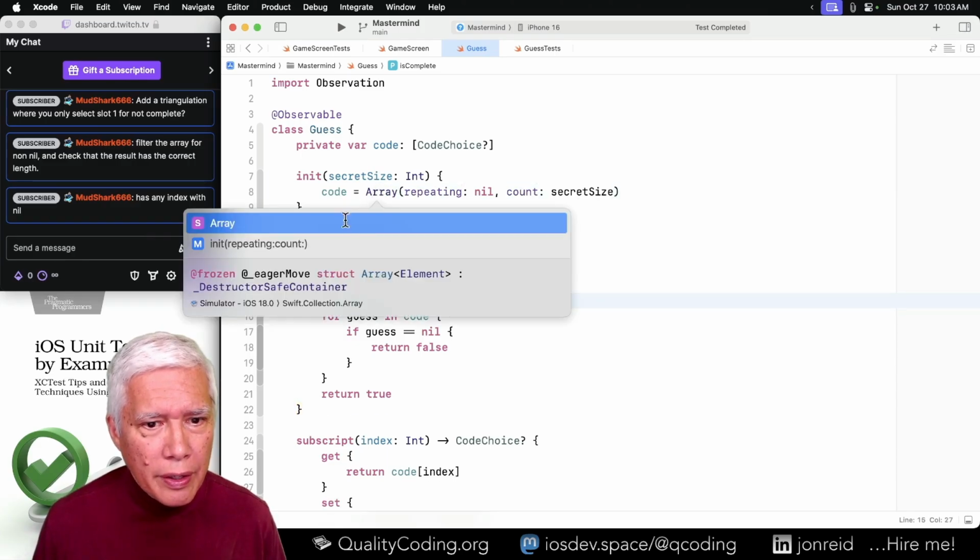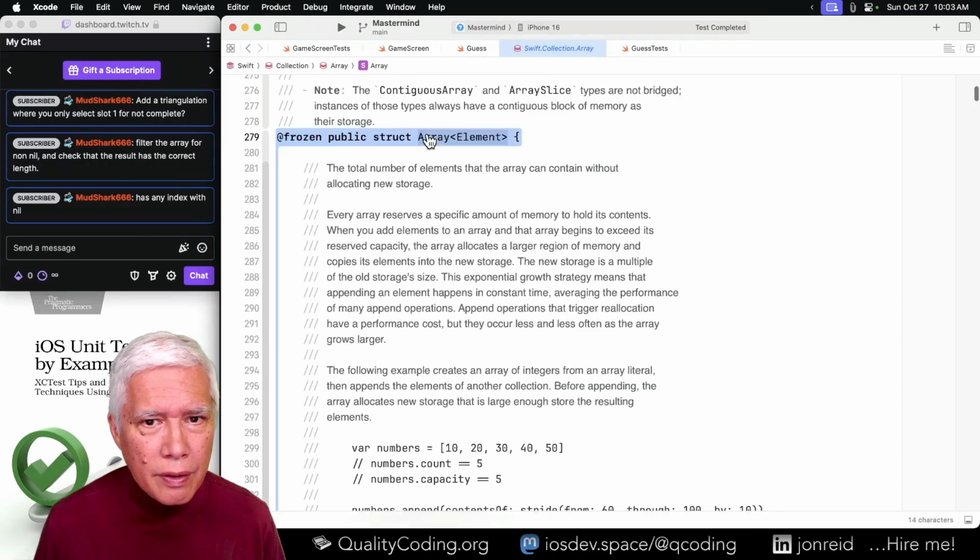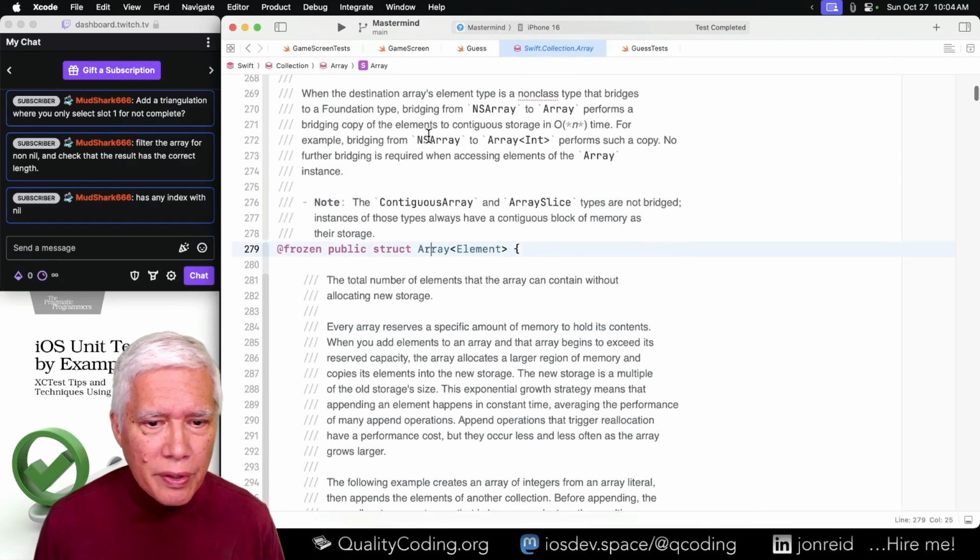An array. I guess you can't really see the definition of an array.